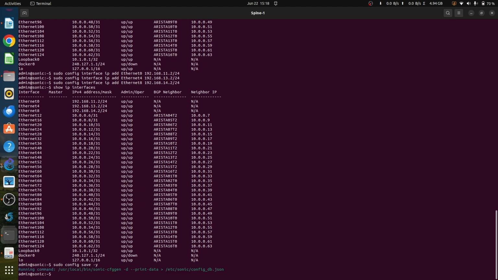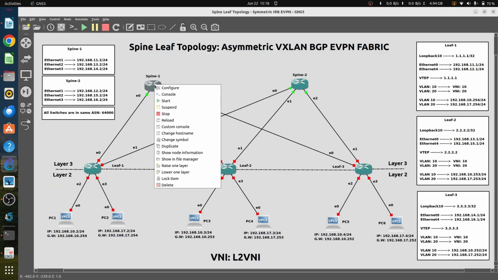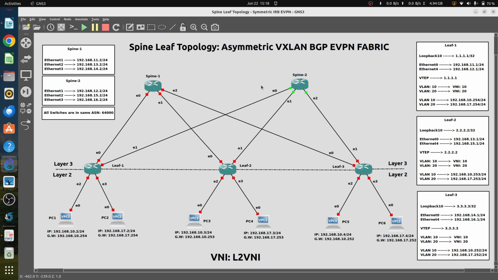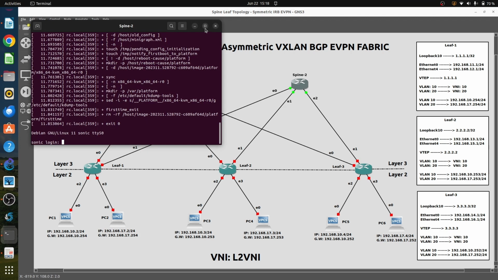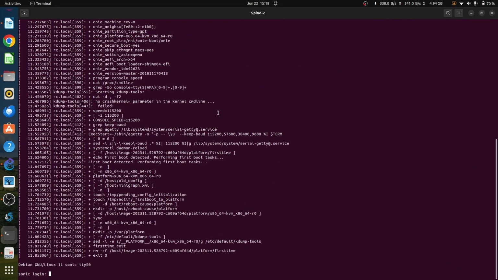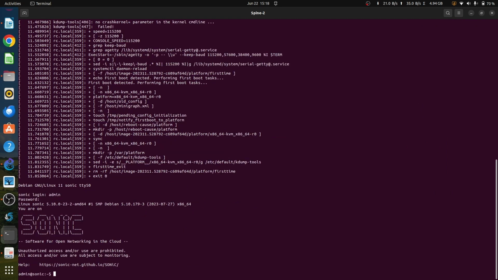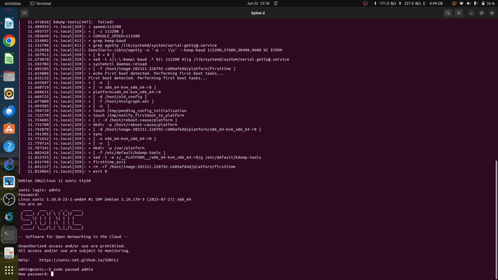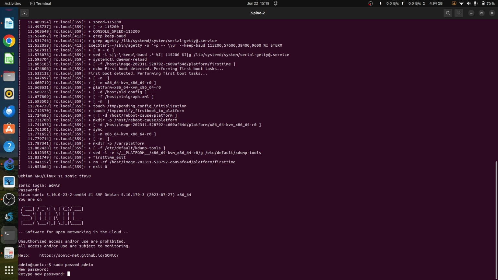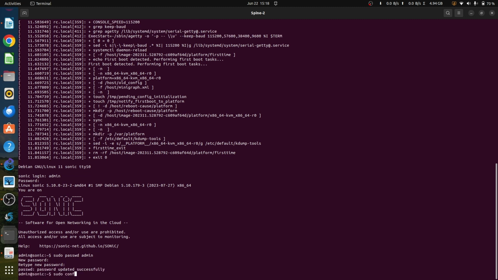So now I'll stop this switch. Here I'm stopping this switch. Now I'll go into switch spine 2, and then I'll assign IP interfaces. Now admin, the default password is YourPaSsWoRd. Change the password: sudo passwd admin, new password, retype new password, and then sudo config interface ip remove